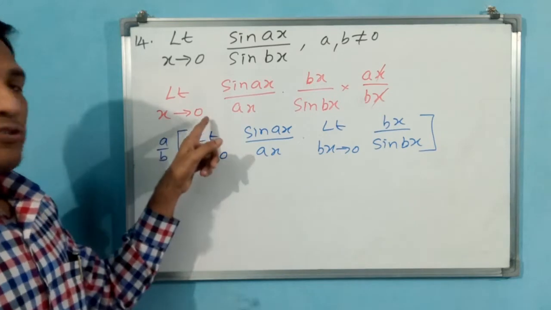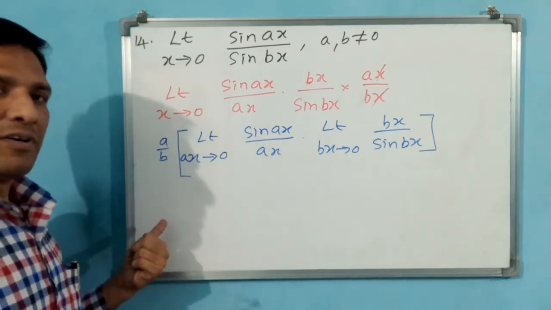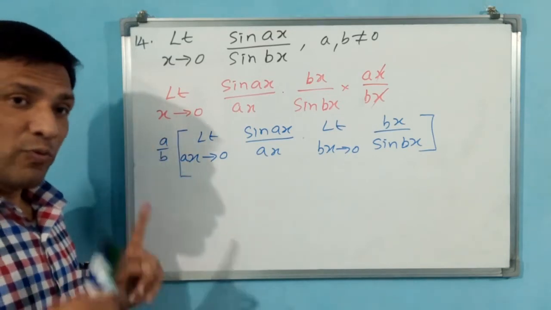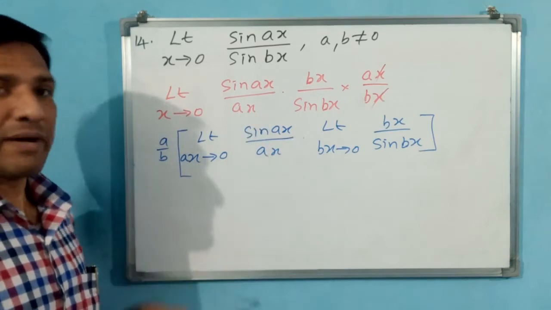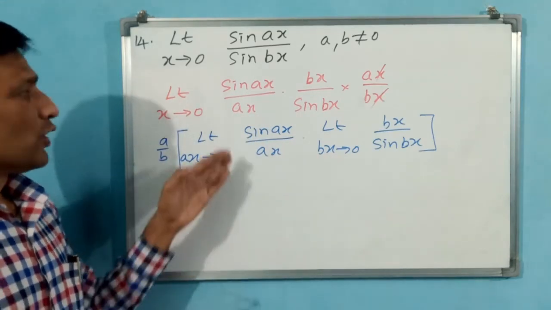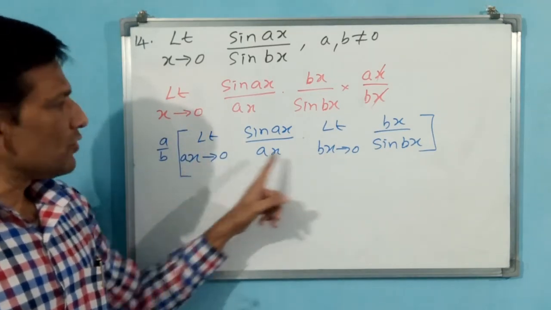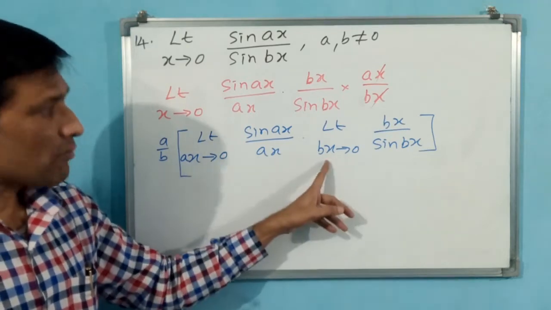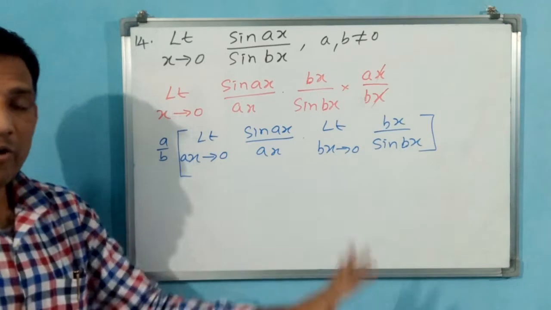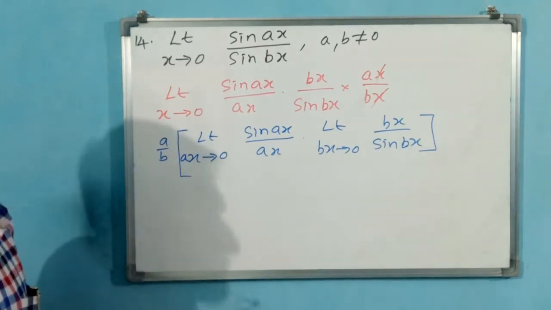See, when x tends to 0, bx tends to 0, cx tends to 0, x by 2 0, all zeros only. X plus 1, if you write, then 0 plus 1 you have to write. But here we are not writing plus, we are multiplication only. Bx, ax are multiplication. If you do multiplication with 0, 0 only will come. You can write ax tends to 0, bx tends to 0, anything. Why have I written bx tends to 0? Because here sin bx by bx is there. That is why I have written bx. Okay? Now you know very well.